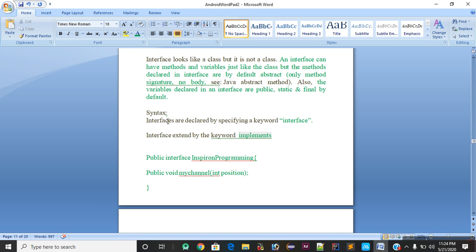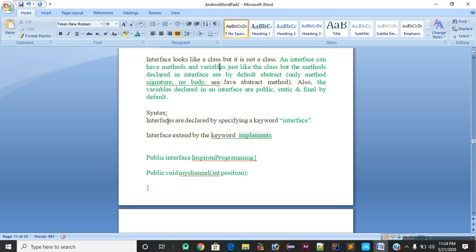So one more time I will read this passage. You will have to get the right and accurate information. The method declarations in an interface are abstract by default. Only the method signature, no body. So guys, here it is. मेथड डिक्लेयर हम करते हैं लेकिन जो सिग्नेचर के साथ करते हैं नो बॉडी.